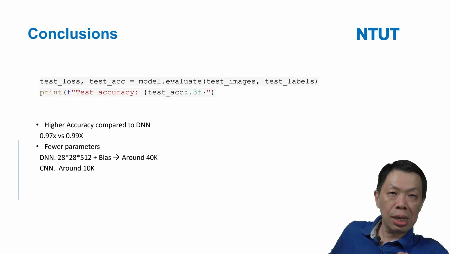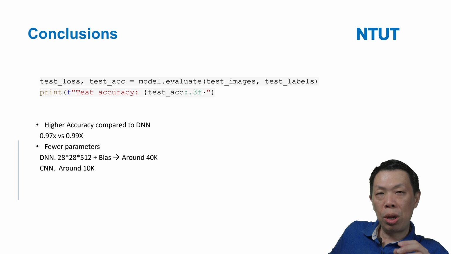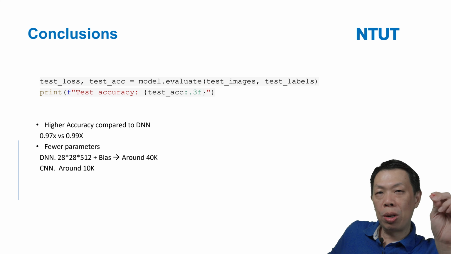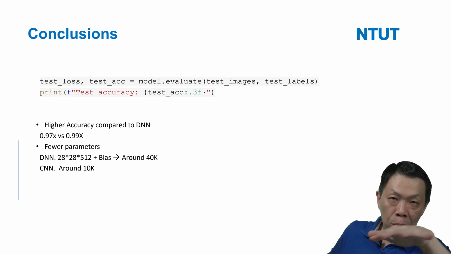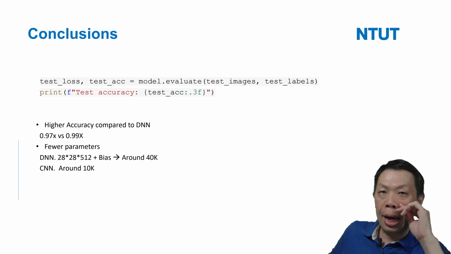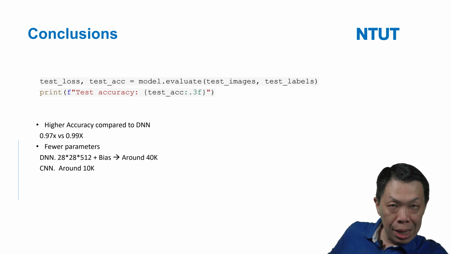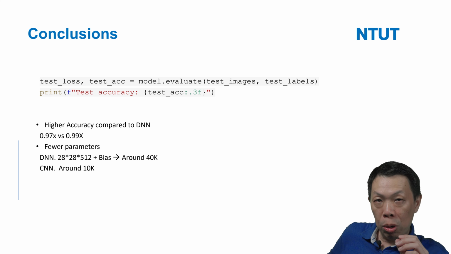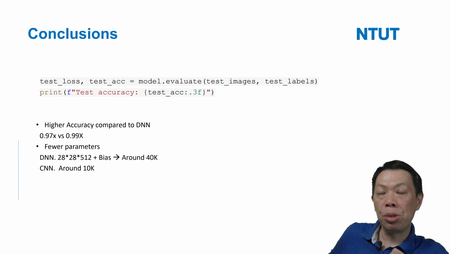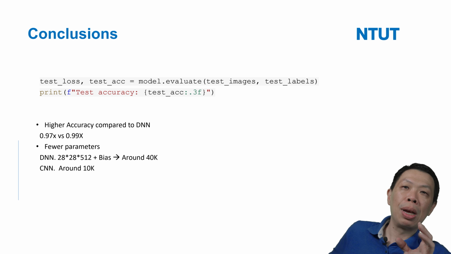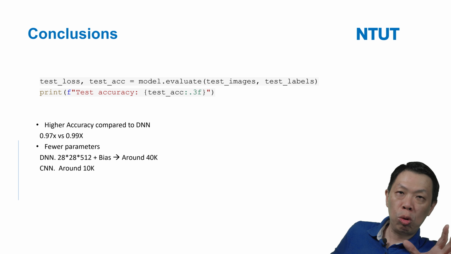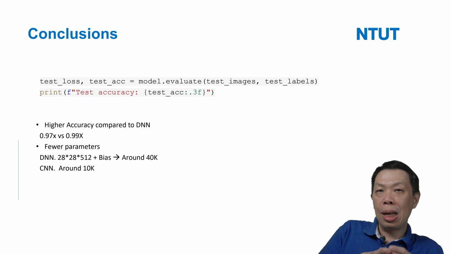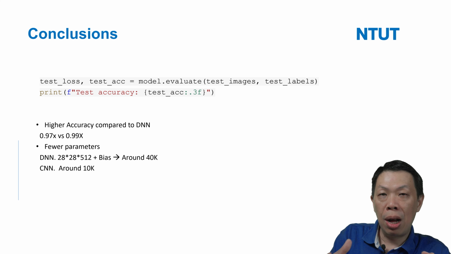But I want to say that with a DNN you can still get 99 something by tuning. For example, in the workshop, if you remember, we only used one hidden layer. Actually, we can add multiple hidden layers. There are a lot of ways we can do it, but the most important thing is the parameter size, because that matters. We don't want to consume too much power, right? Especially if we train on a very powerful machine, we can have a lot of parameters.